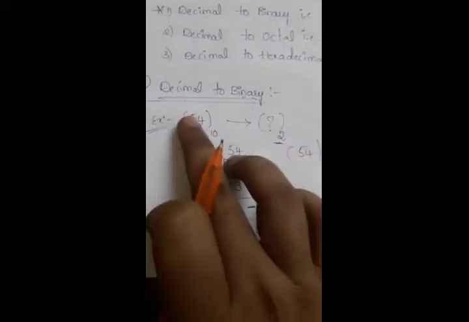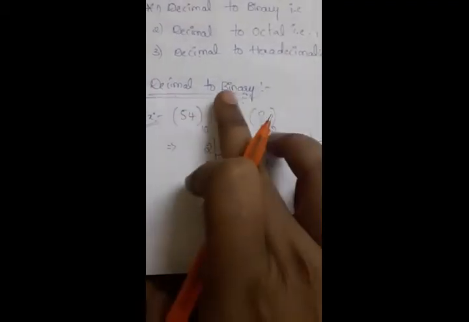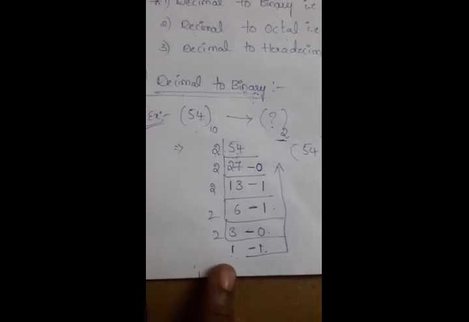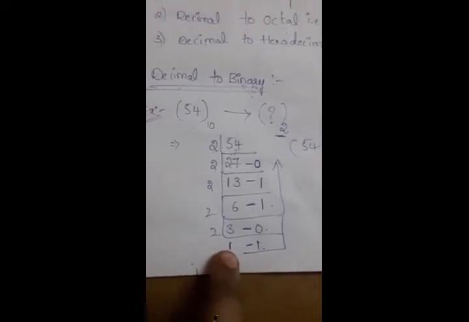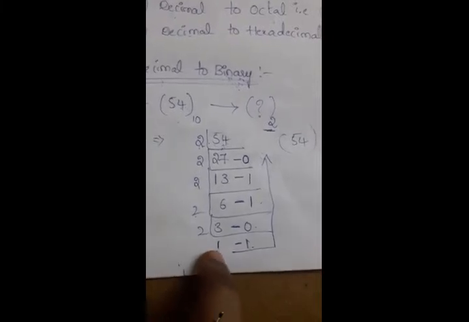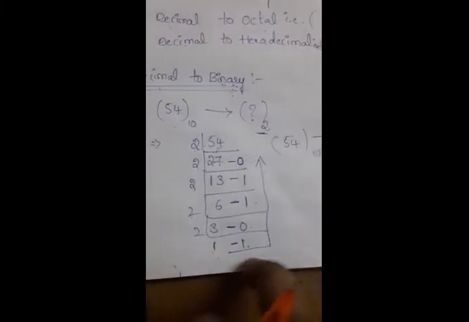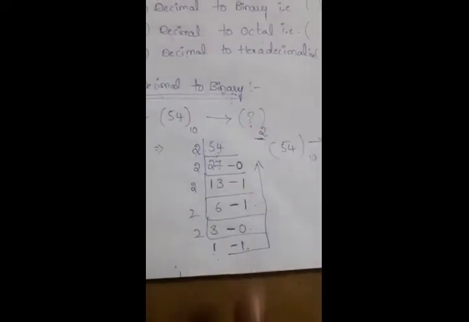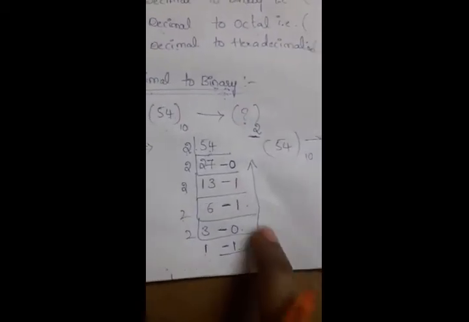Clear? So what is the process here? To convert decimal to binary is nothing but whatever the decimal number will have here, that decimal number will be divided with binary of base. Okay, this process will be continued till the remainder will get 1. So how to take the final result of binary means we'll take like this. Okay, in reverse order we'll take as indicated by the arrow.